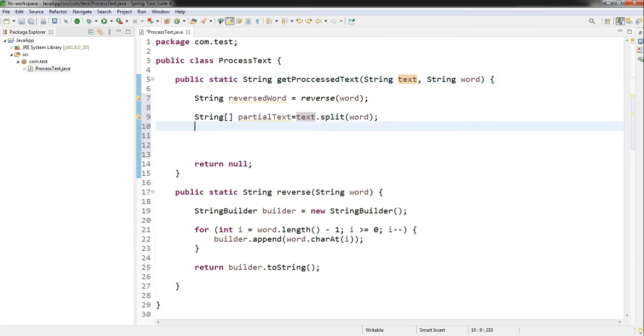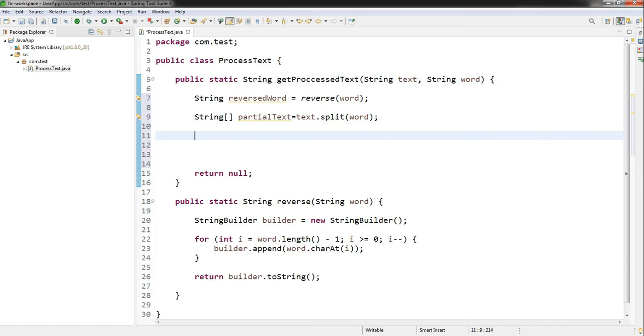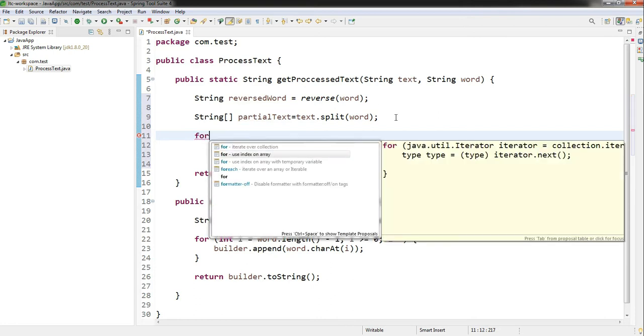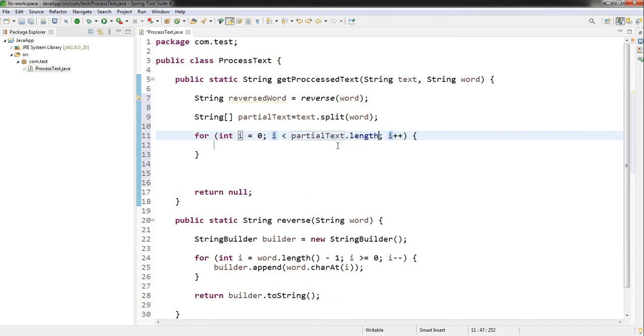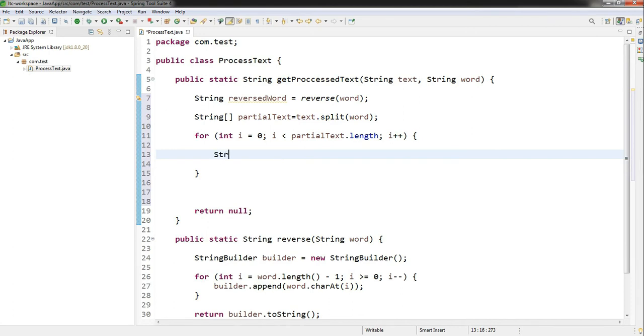Once that is done, I am writing one for loop. Then I'm creating one variable here, partialSentence equal to partialText of i.